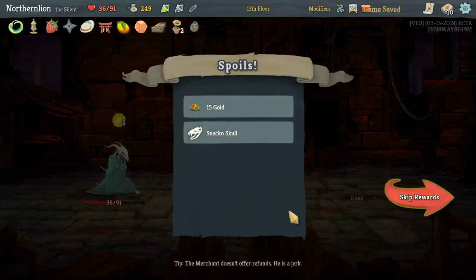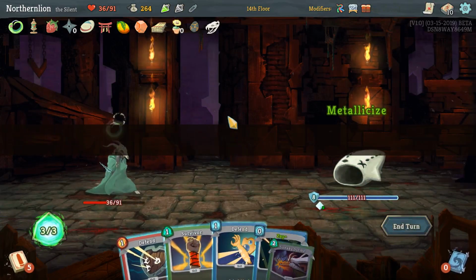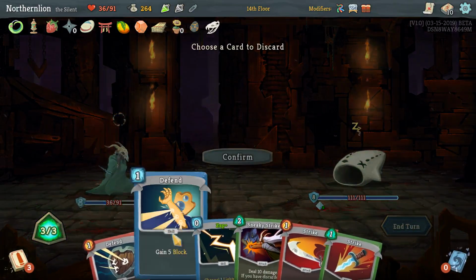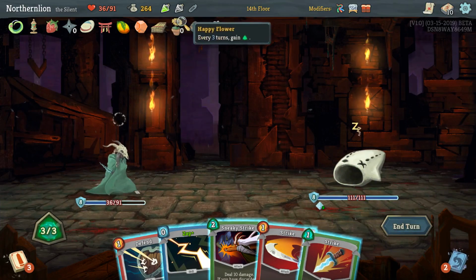Neither of these bosses, by the way, really... Yo, Snecko Skull is a lot of fun. Neither of the remaining bosses, I should say, get countered in any way, shape, or form by